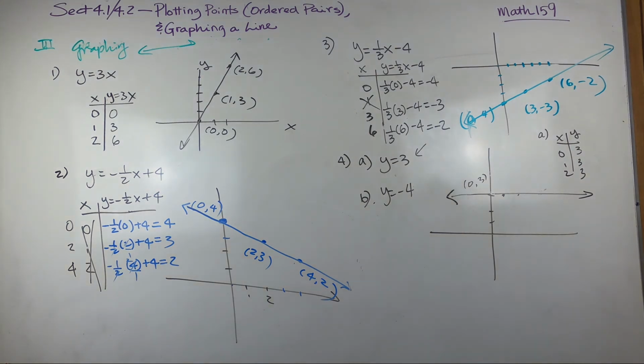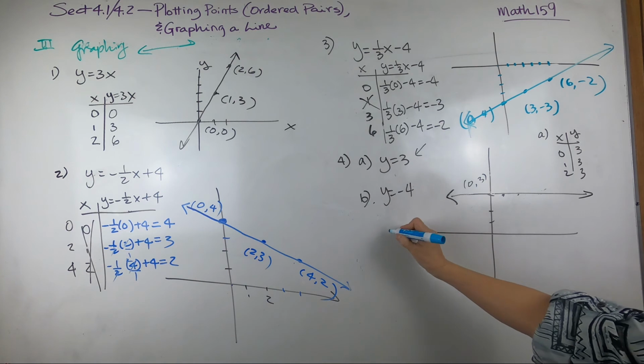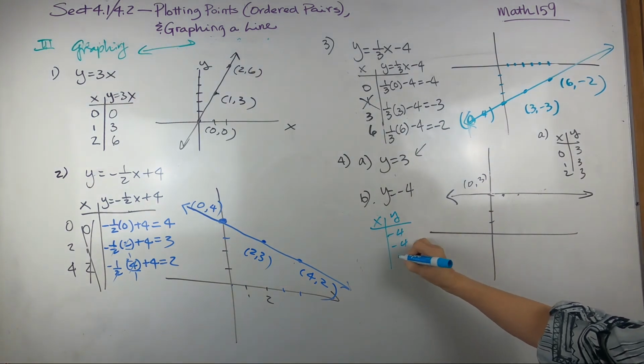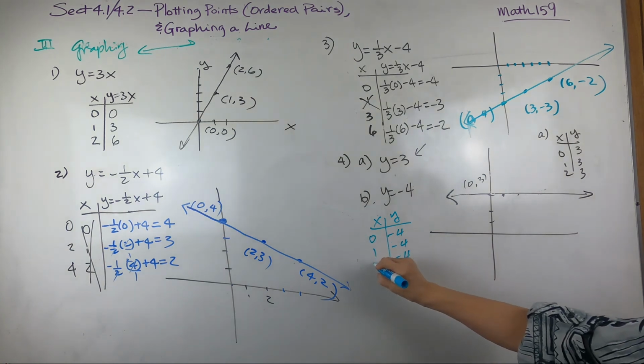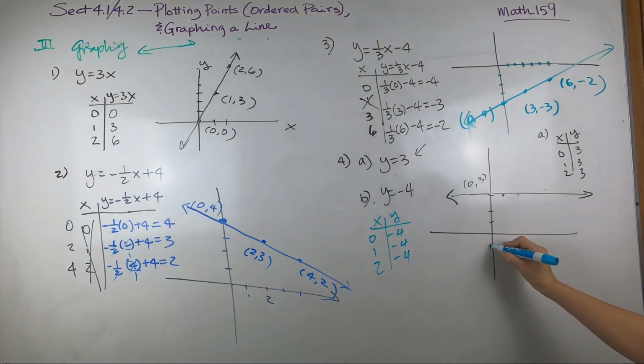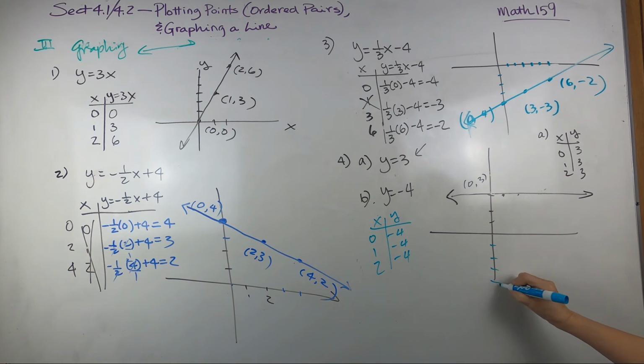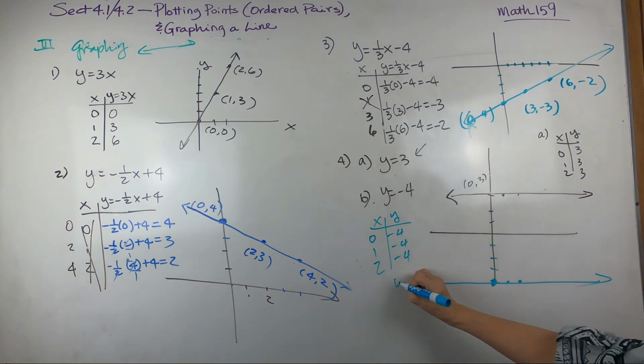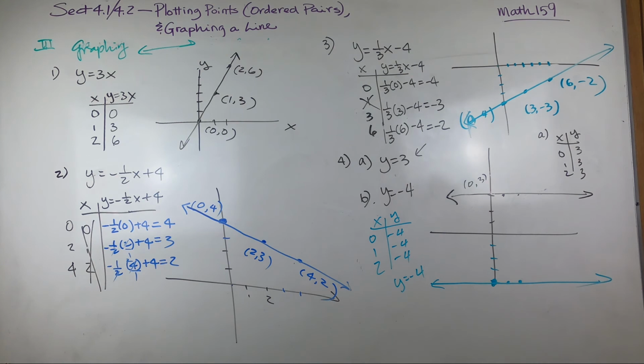So what do you think? Y is negative 4. That would be what? X, y is negative 4, right? This can be 0, 1. So it will be negative 4. 1, 2, 3, 4 here, right? So 0, negative 4, 1, negative 4, 2, negative 4. That would be this one. This one will be y equals negative 4,